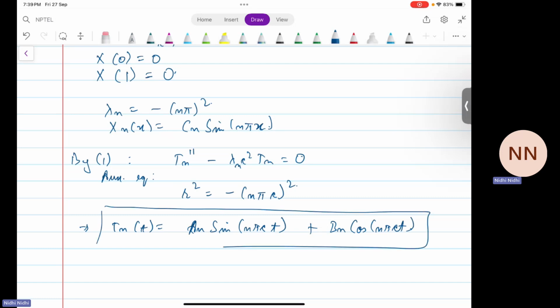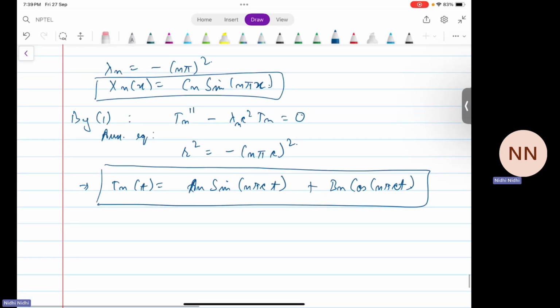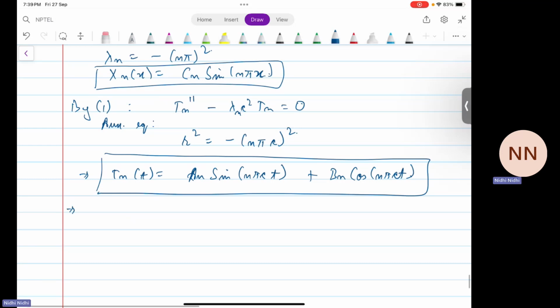Now this time neither A_n nor B_n are 0. So by the principle of superposition, from here we will get